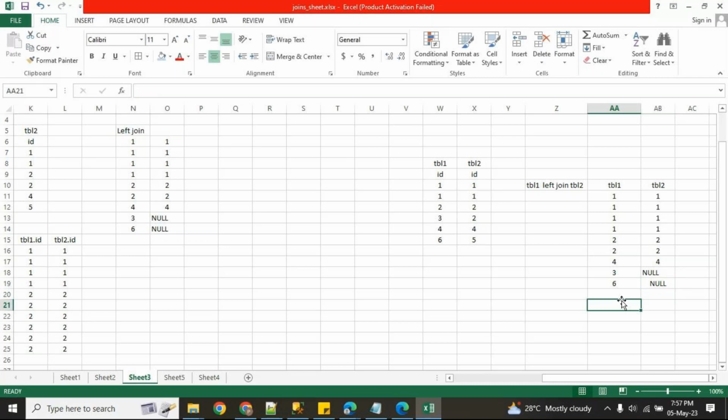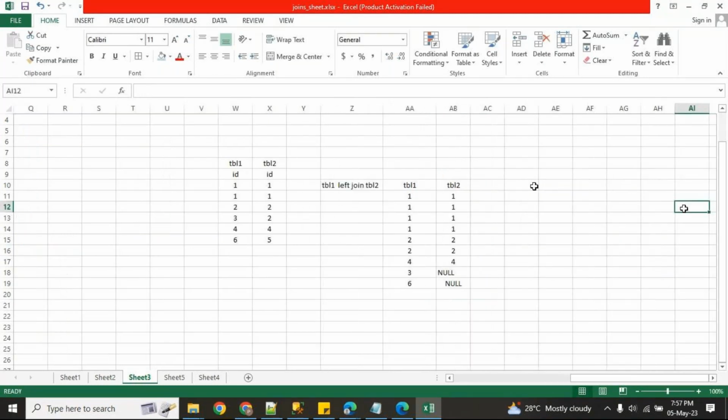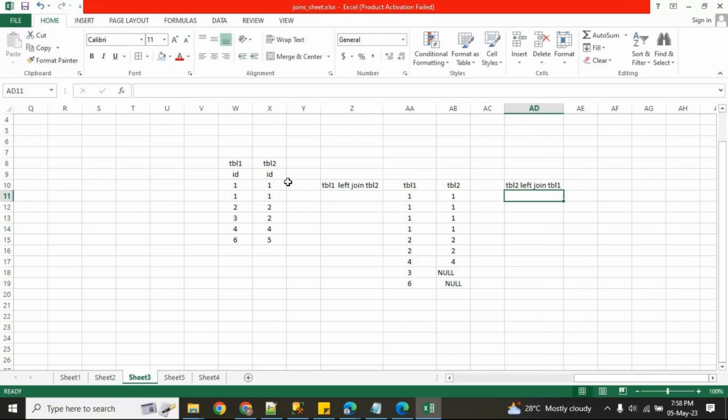Now the same thing, table 2 left join table 1. Now this right side one, table 2 is this one. How many times is it matching? 2 times.